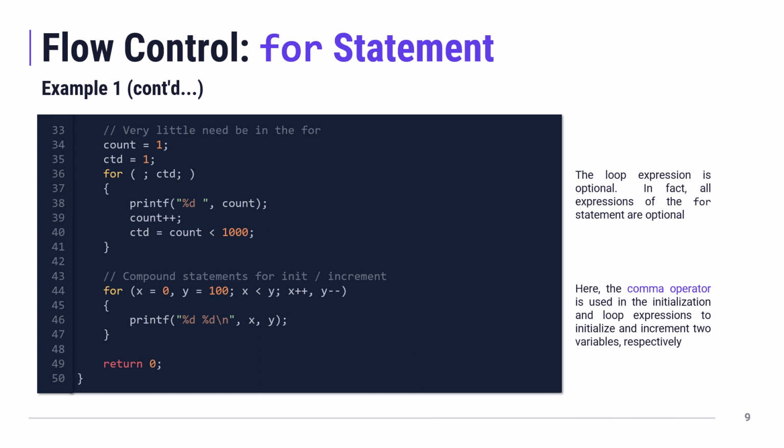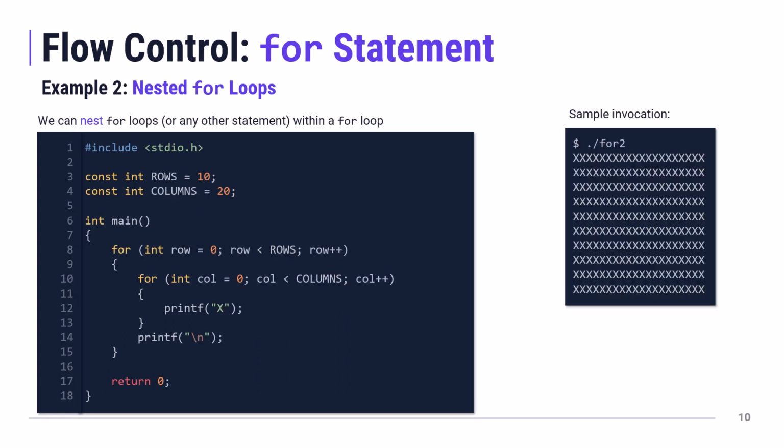And then finally, on line 44, we're using the comma operator to initialize multiple variables in the initializer expression. So I'm initializing x and y. And in the loop expression, I'm incrementing x and decrementing y. We call that the comma operator. Okay, and of course we can nest for loops or any other statement within a for loop. In this example, we've got an outer for loop that's iterating over a set of rows. We've got an inner loop that's iterating over a set of columns, and then we're just printing out a block